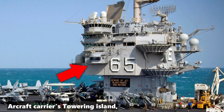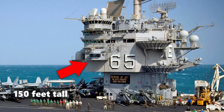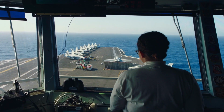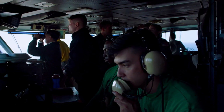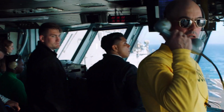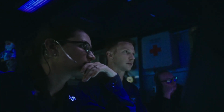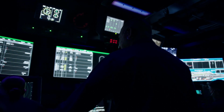The aircraft carrier's towering island, a pint-sized powerhouse standing at around 150 feet tall but only 20 feet wide at the base, ingeniously preserving precious space on the flight deck. This airborne command hub is not just a space-saving marvel, it's the nerve center for flight deck operations and the entire ship. The summit of the island is a high-tech symphony, adorned with an assortment of radar and communication antennas